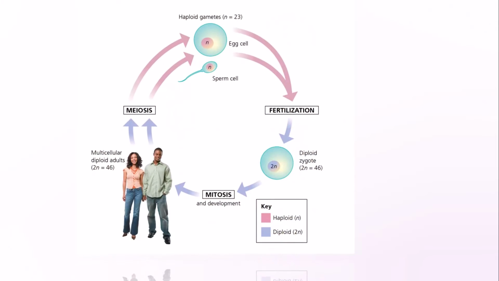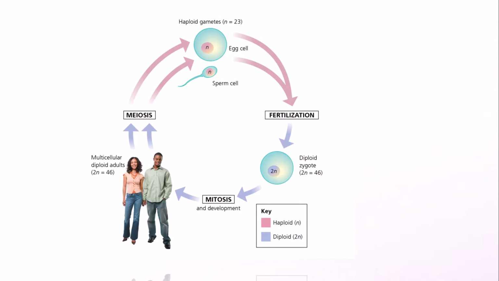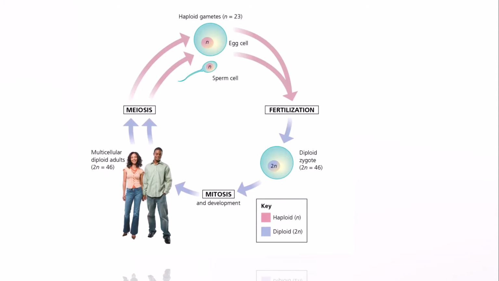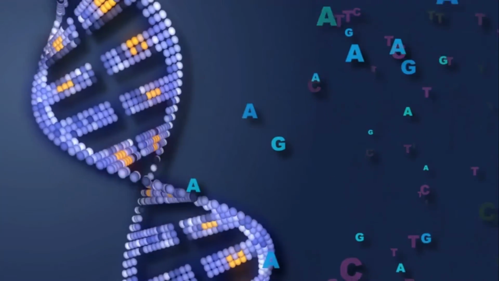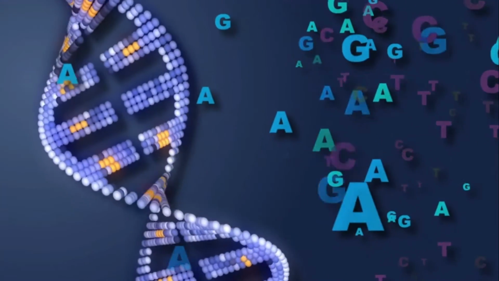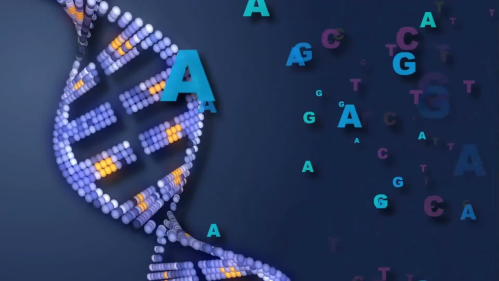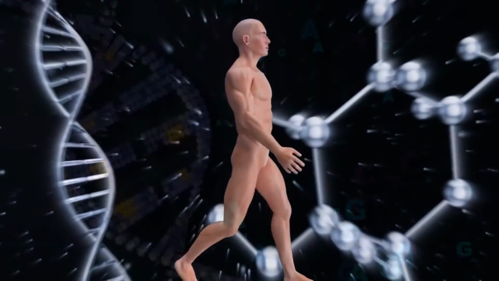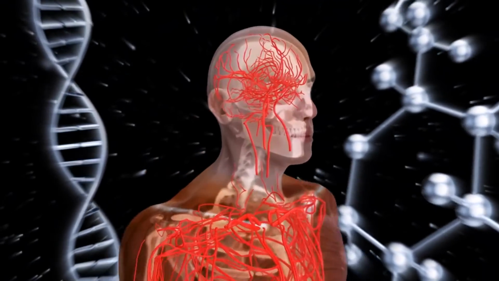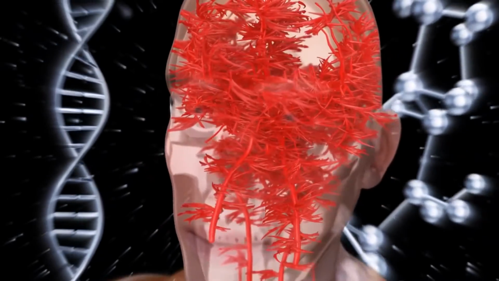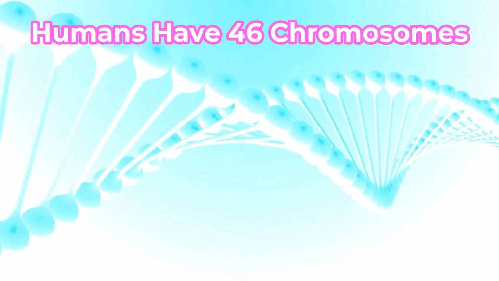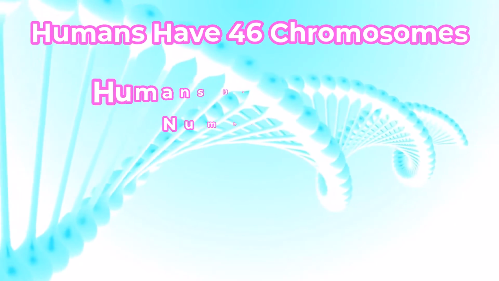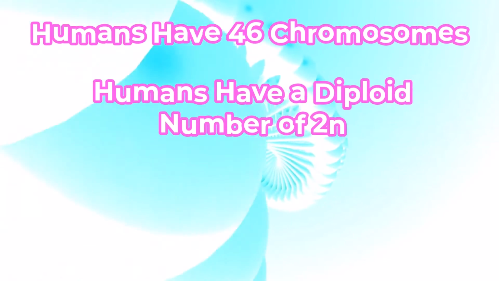The life cycle of a multicellular organism is the sequence of generation-to-generation stages from fertilization to the production of its own offspring. Having two sets of chromosomes, one inherited from each parent, is a key factor in the life cycle of humans and all other species that reproduce sexually. Humans are diploid organisms because all typical body cells, or somatic cells, contain pairs of homologous chromosomes. The total number of chromosomes in humans is 46. The diploid number is abbreviated as 2N.